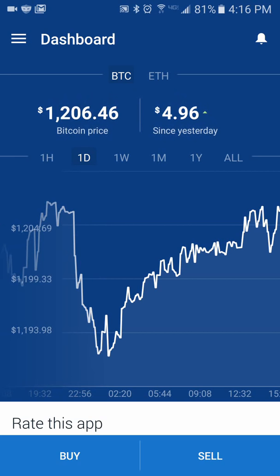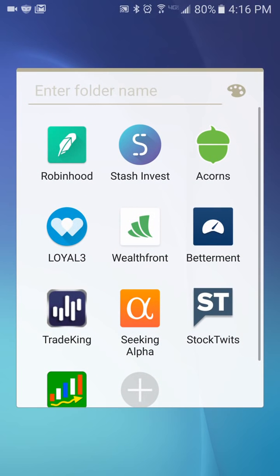You take a survey, you play a game, you download an app and you just connect on Facebook, like, "Hey, I downloaded this app," whatever, and you get some blocks for it, or you get some Satoshi for it for free. So there are options for people who are disadvantaged for whatever reason and can't access apps like Robinhood, Stash, Acorns, Loyal3, and all that. Even if you're out of the country,